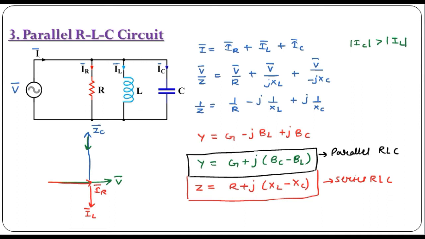So if we take the phasor sum of IR, this will be equal to IC minus IL. Okay, and this is the total current I, which is the phasor sum of IR and IC minus IL. This is IL, this angle is theta, and this is 90 degree. So now let us consider this current triangle only.